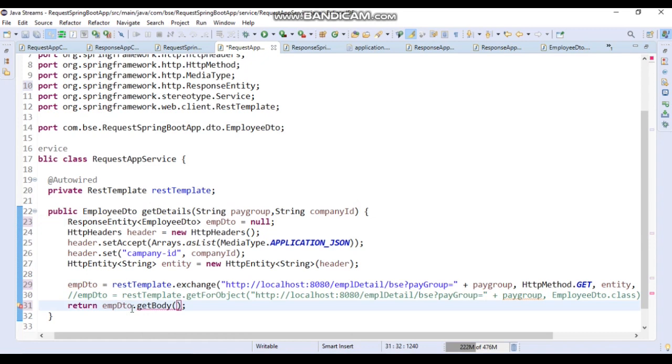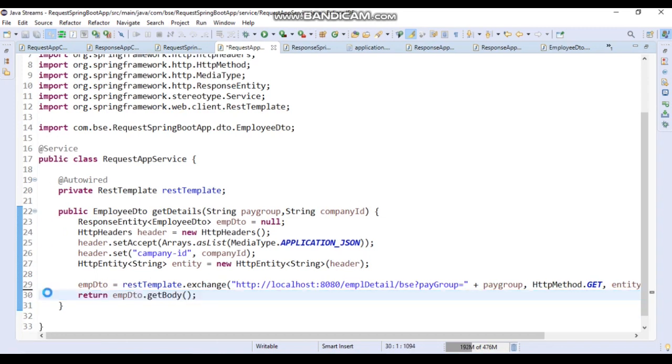So this is how we will get it. Let's remove this from here now.